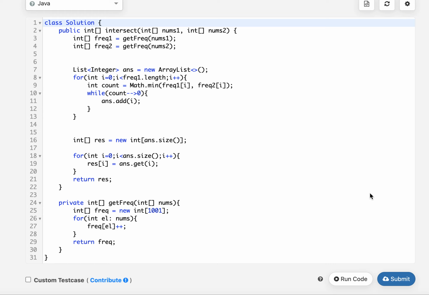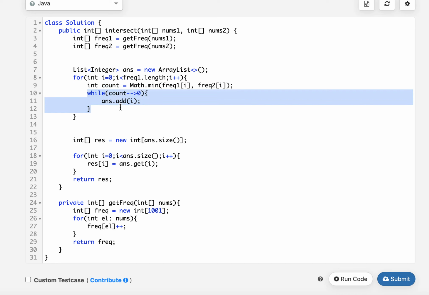Let's walk through the coding part. Here I have created the frequency array using the nums1 input array. Then I have created another frequency array using the nums2 input array. And then I stored the result in my array list because the size of the output array is not decided yet. What I'm going to do, I'll iterate over both these arrays and I'll select the frequency or the count that is lower in value out of frequency 1 and frequency 2.